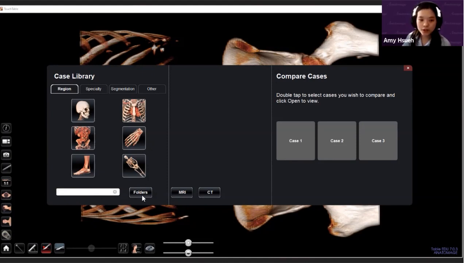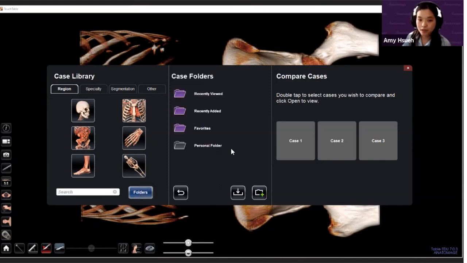And so we also have, to help you get started, this folders function. Down here in the corner next to the search bar, we have folders. Within folders, you'll see 3 purple folders. Those are like our default Anatomage folders. It goes by recently viewed, which will, of course, have all the cases that you most recently viewed. And it will also have recently added, which has all of the latest case library cases that were added to